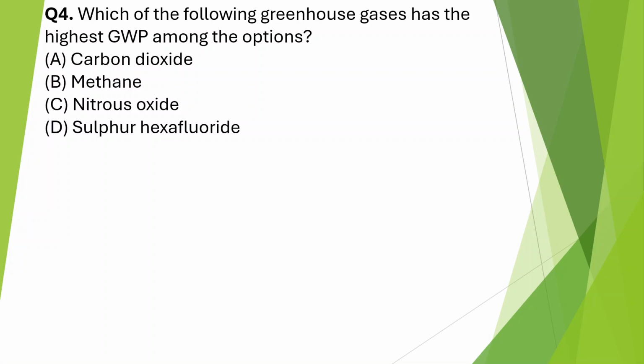The fourth question is asking you all which of the following greenhouse gases has the highest global warming potential among the options that have been provided to you. So as you can see, the different gases are mentioned here, and the global warming potential of different gases, you can recall the tabular format of each one was shown, where the global warming potential of each gas was told to you. So here the options are carbon dioxide, methane, or